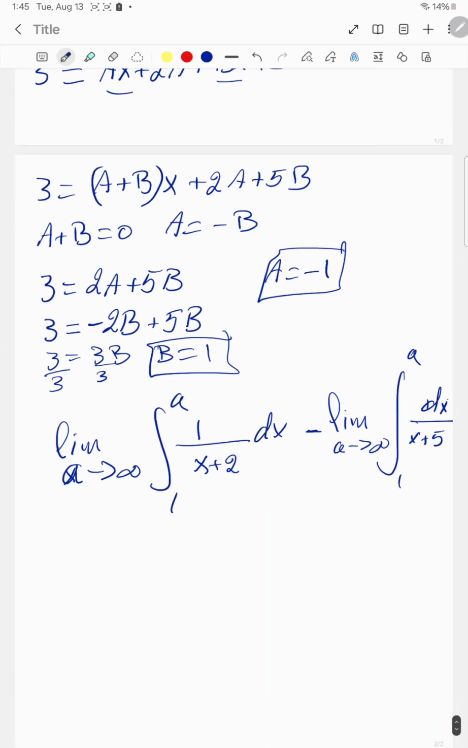So let's work the first one. If I take u equal x plus 2 and du equal to dx, let's do it. Let u equal x plus 2, so my du is equal to dx. So my integral becomes the limit when a goes to infinity, between 1 and, let's see now, I will put the equivalent of a later, 1 over u, and when a goes